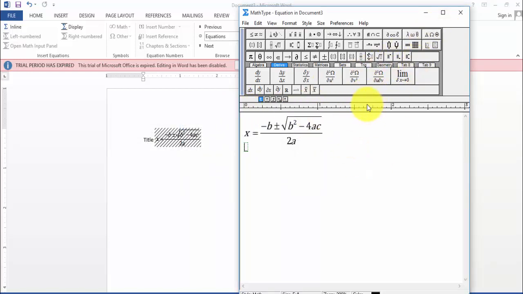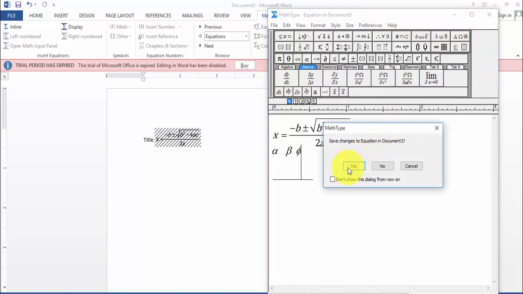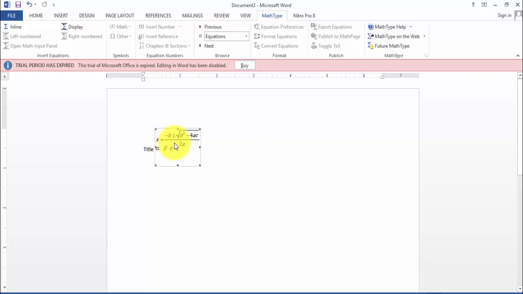Then you can see all kinds of symbols. I'm going to use some symbols. See here, alpha, then space. For space, press control and space bar. That will move. Then beta, space, gamma, epsilon, phi. So you can use any symbols. All symbols are already available. Like this it will come.